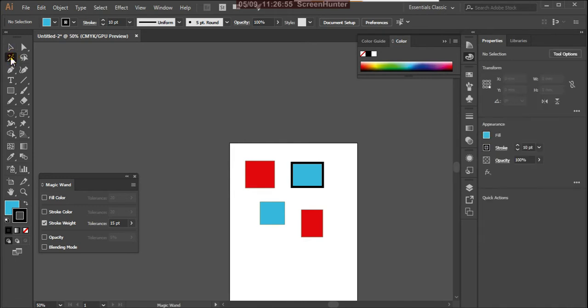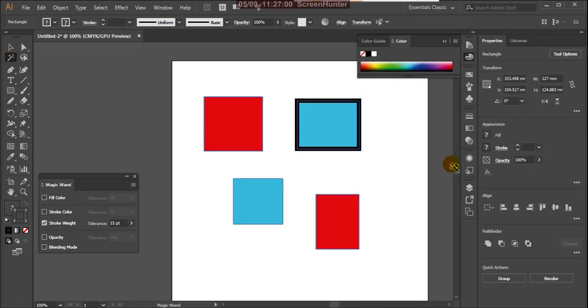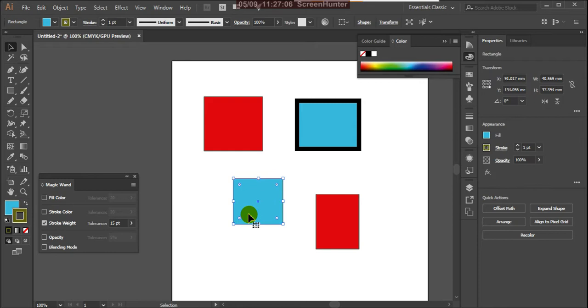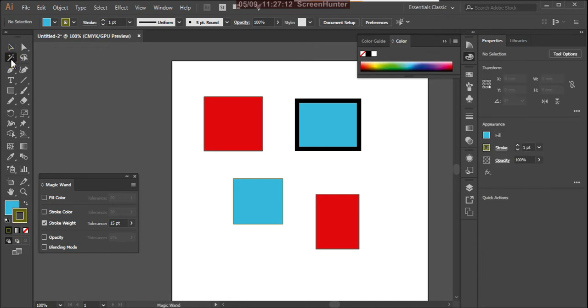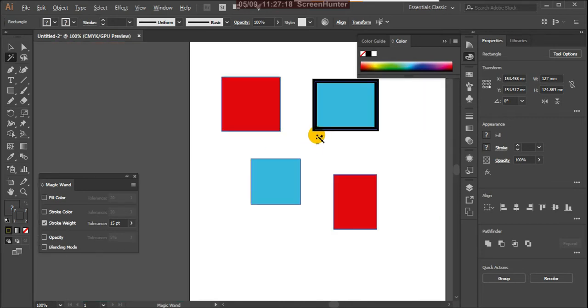Okay, now you can click that. Now you can click that, the stroke weight tool is selecting only the same stroke weight value.